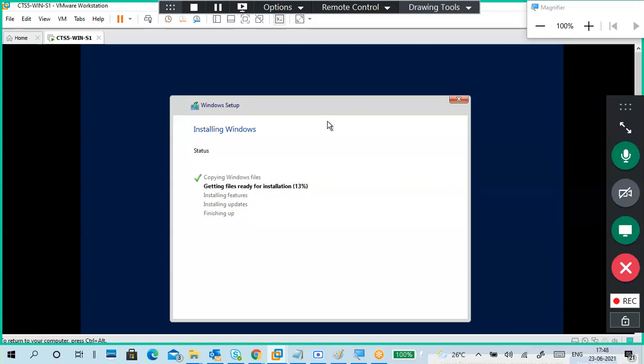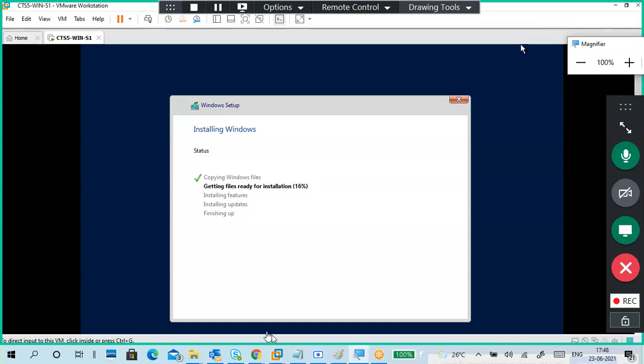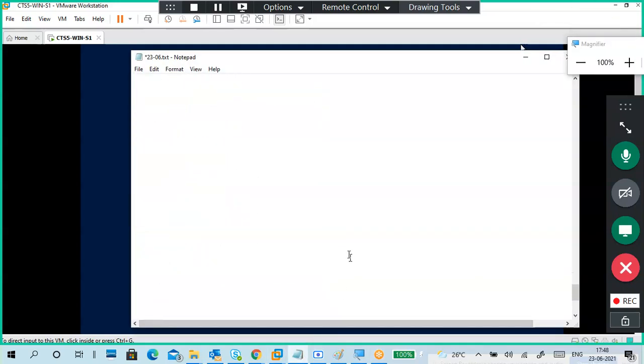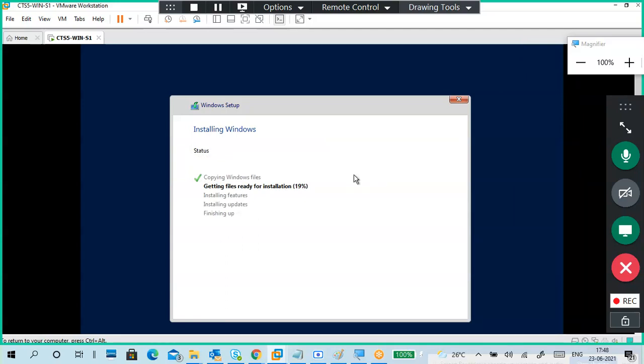Let it install this one. It takes time anyway. So when we are going to server, server theory, I didn't tell any introduction about server, what to see about server. Only I'm telling the server installation now because it's end of the day.